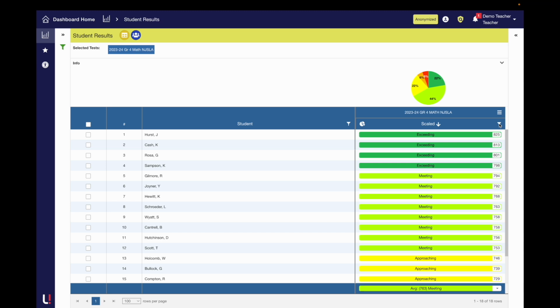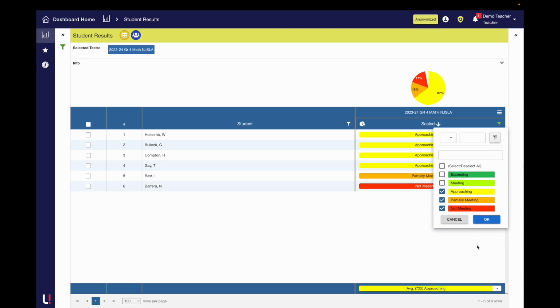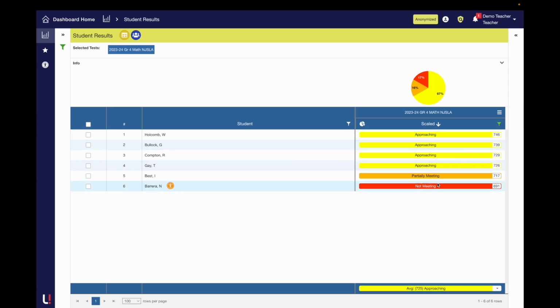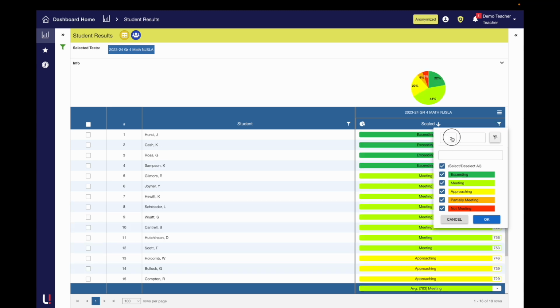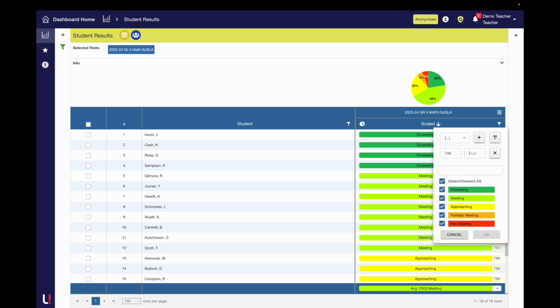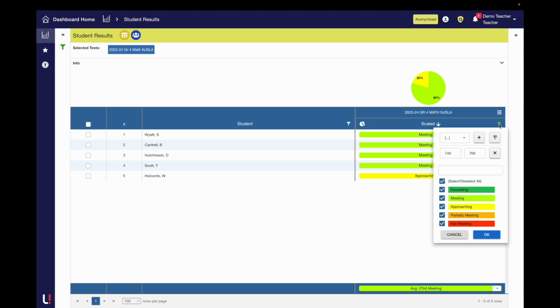Alternatively, you can click on the filter icon. Here, this will allow you to select multiple achievement levels to see perhaps any of the students scoring under that meeting range. You can also go ahead and filter by any numerical score by clicking on the option in the top left. And one of my favorite things to do here is to filter for students that scored between, for example, on NJSLA, 740 to 760. And now I can see those students that perhaps just missed meeting expectations and those students that, while meeting, have a higher percentage of going down a level given their close proximity to that cut score. Going to go ahead and clear out those filters and restore all of our students